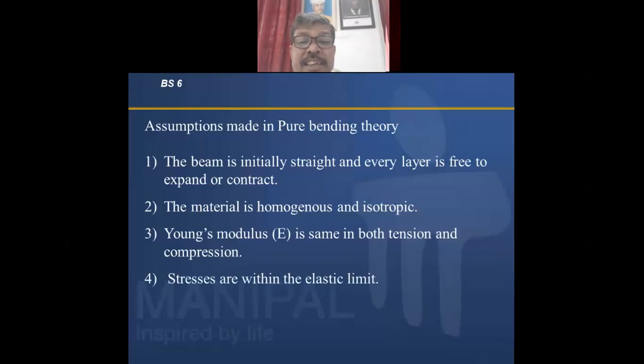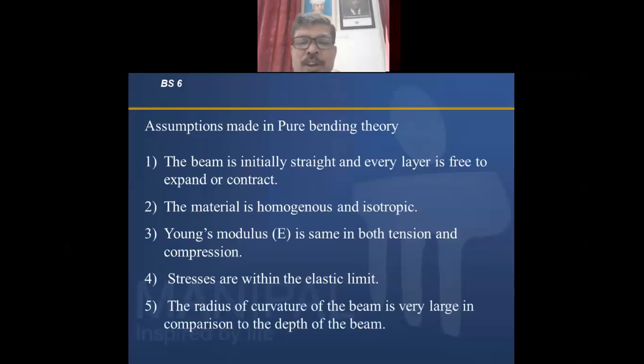Stresses are within elastic limit. What is the meaning of this? That Hooke's law applies: stress is directly proportional to strain within elastic limit, then and only then you will get the tensile stresses and compression stresses. The radius of curvature of the beam is very large in comparison to the depth of the beam. Here, if you are going to see this as a beam, and it deflects like this,